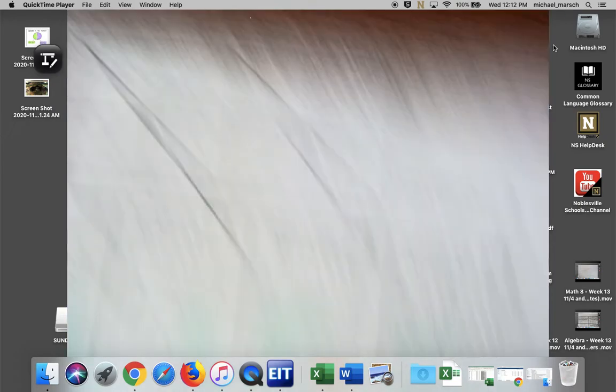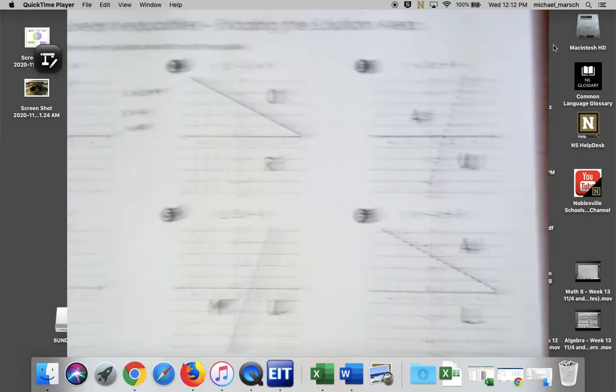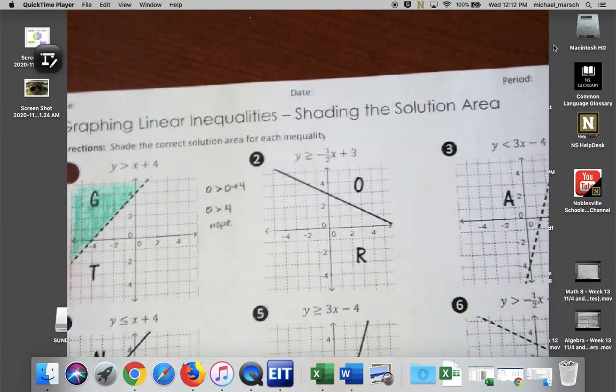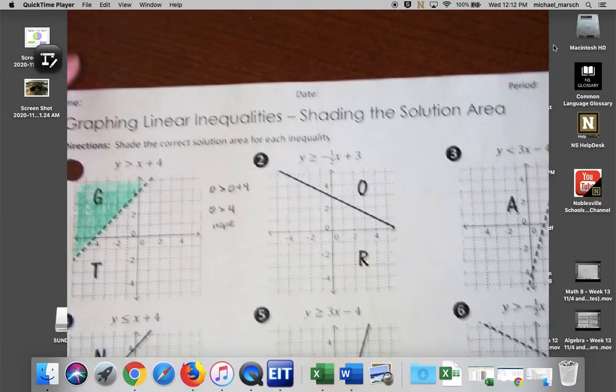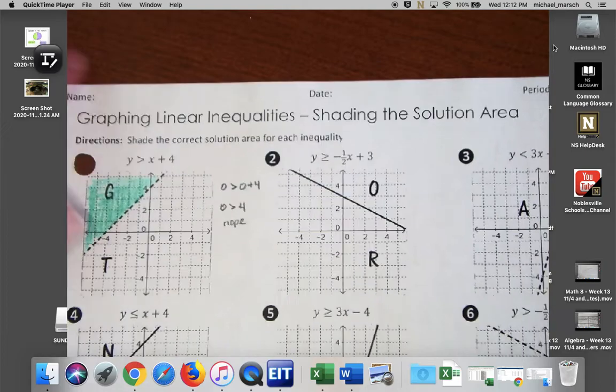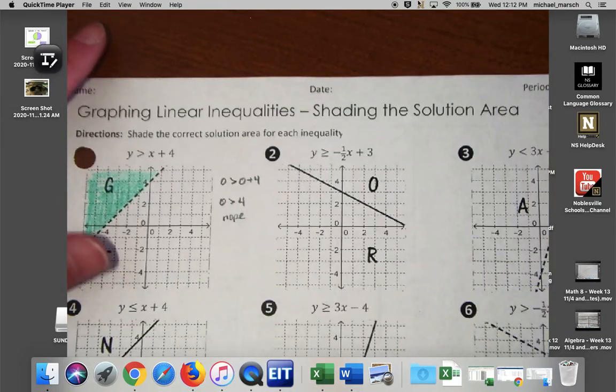So that is your assignment for tomorrow. You're just going to finish this page. So when you go on Canvas tomorrow, it's going to say, finish the graphing linear inequalities practice. That's what this is. So, like for the back,